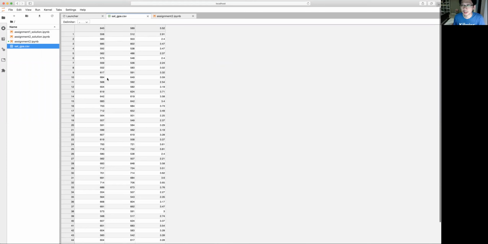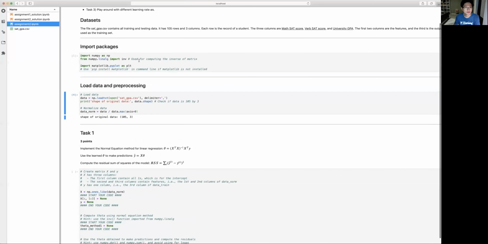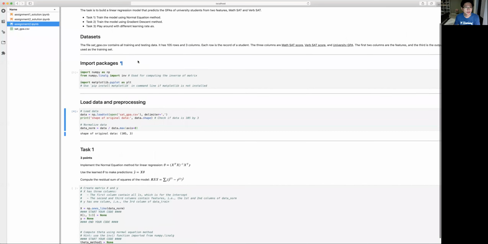It has 3 columns. The first 2 columns are the verbal scores and the math scores of the SAT test, and the third column is the GPA of the students. So the task is simply to use the first 2 columns as features to predict the third column. Okay, so if I run this,